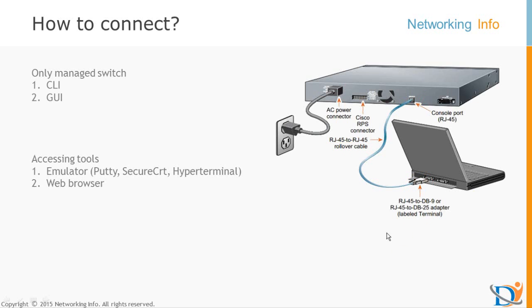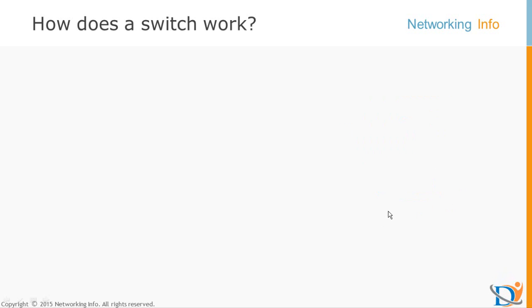Okay, next thing I would say, how does this switch work? Let's understand that as well. So first time I would always say switch takes decision based on the MAC address. If there is no MAC address in the table, of course switch is gonna flood all the traffic. So in two cases switch can flood the traffic. One case, when switch does not have the MAC address, then it's gonna flood traffic to all the ports.